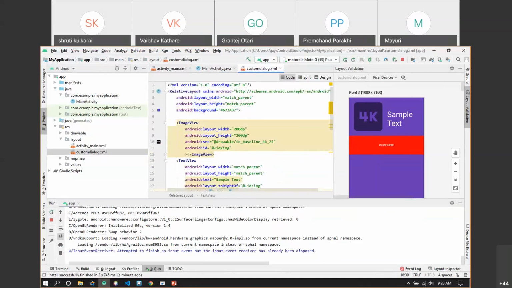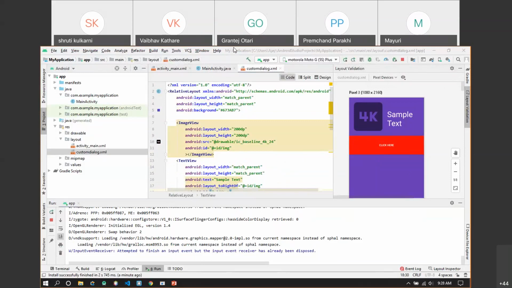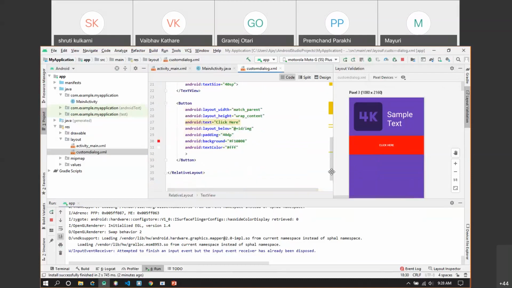Please ask if there is any doubt in this, otherwise we'll proceed to the next point. Creating a custom dialog is very easy.